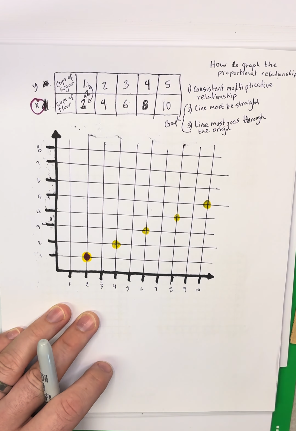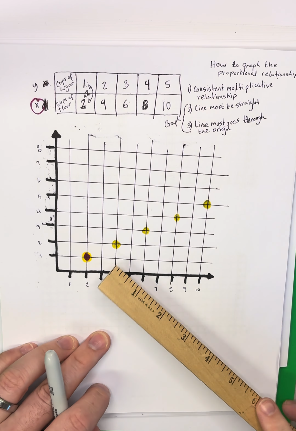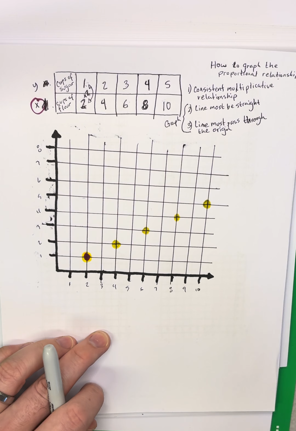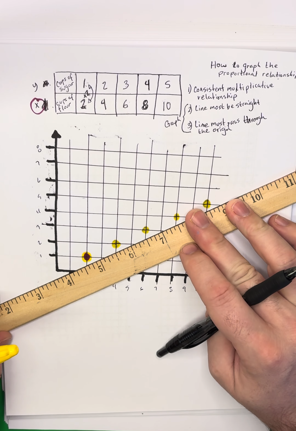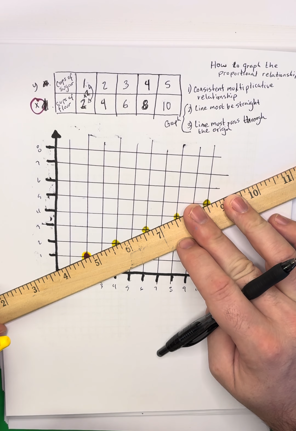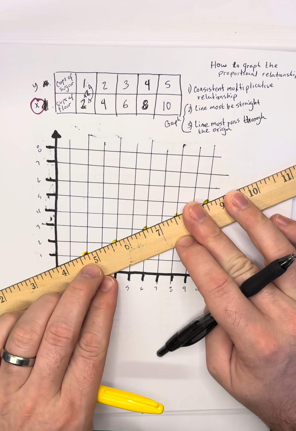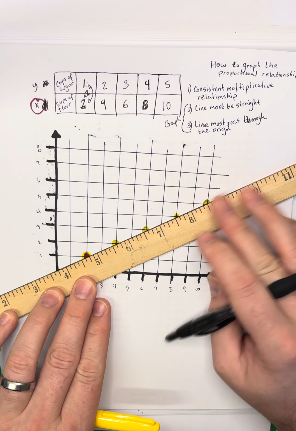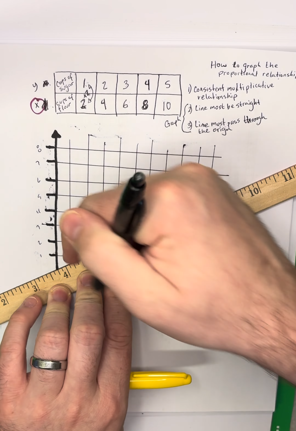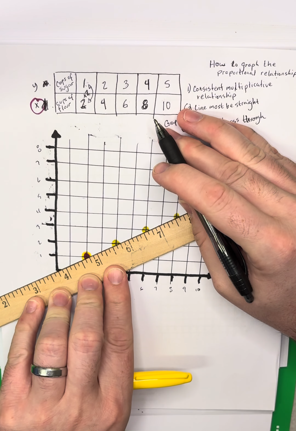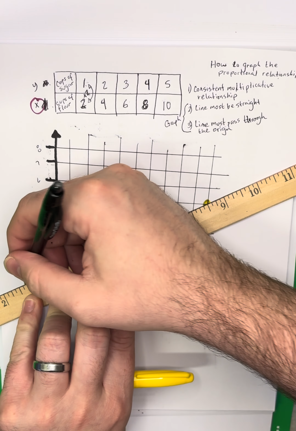All right, now, as you can see, I've plotted my points here, got a ruler, and I want to line up my ruler on all of these points right here, okay? Right at where it meets the exact point, all right? So I see that right there. I'm gonna draw my line all the way through each of my points,